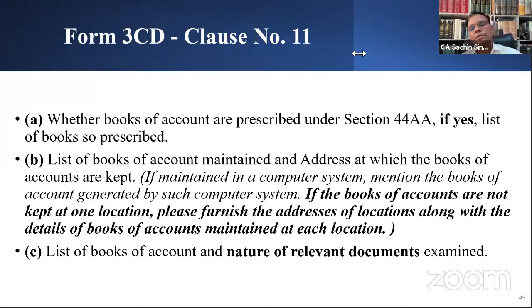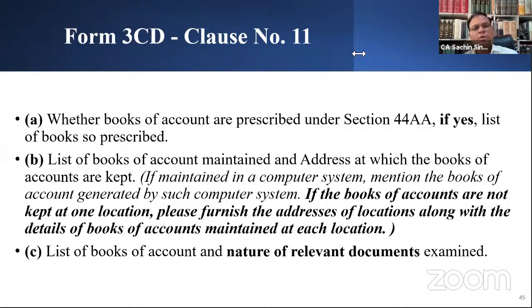Now take a situation. Assuming my client is at a place nearby, assuming in Bangalore, my client is placed in Bangalore. His business is in Bangalore, and he is maintaining all the books of accounts in Bangalore. But his registered office is in Hyderabad. His registered office, the MCA registered place, is in Hyderabad. In that case, you have to put the address that books of accounts are maintained at